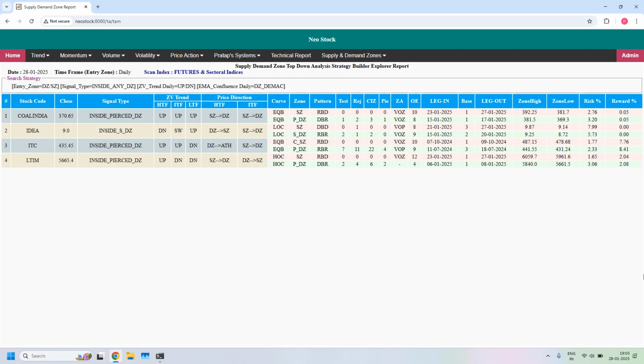Out of the 4, 3 are pierced demand zones, and all these demand zones have daily EMA confluence. Okay, next,